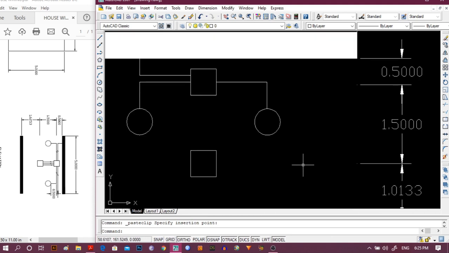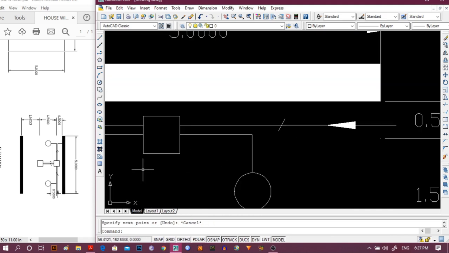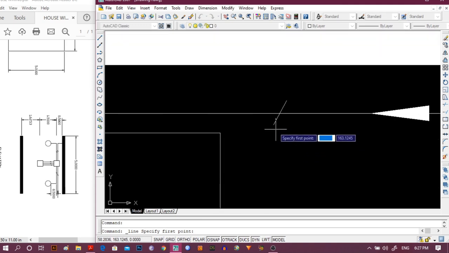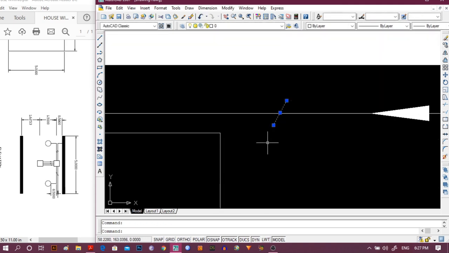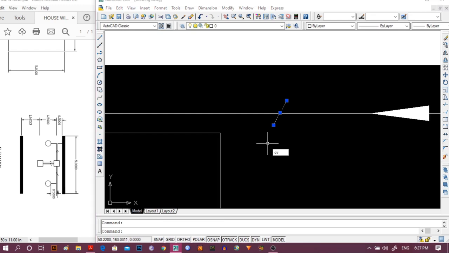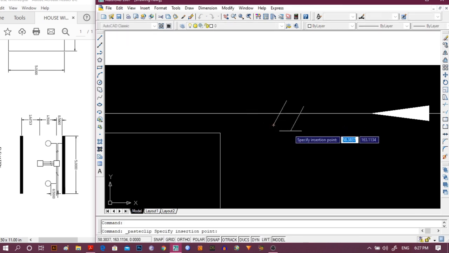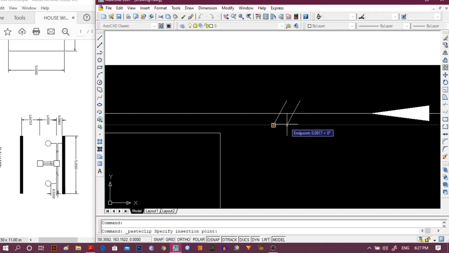So two wiring diagrams, one is phase and the other one is neutral. So simply we are going to copy this one, Control C and Control V, and we place this one.